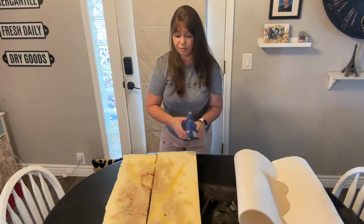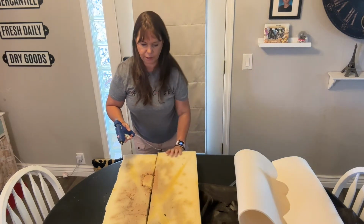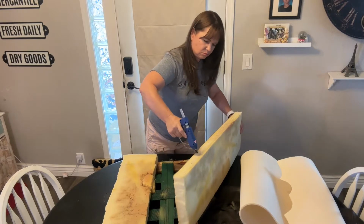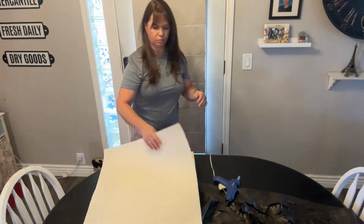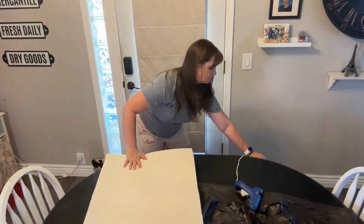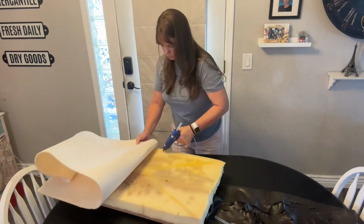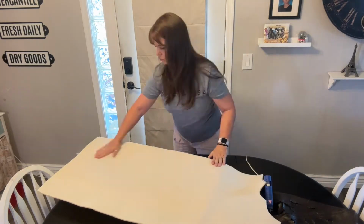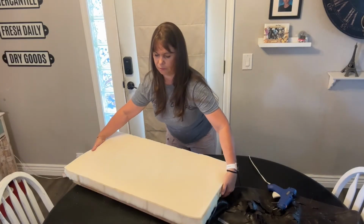The spray adhesive would be better for this project, but I don't have any more on hand. I only have a lightweight one, so I'm not gonna bother. I'm just gonna glue it all together. Okay, I'm just going to set that aside